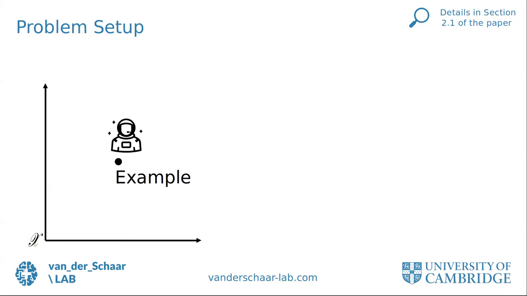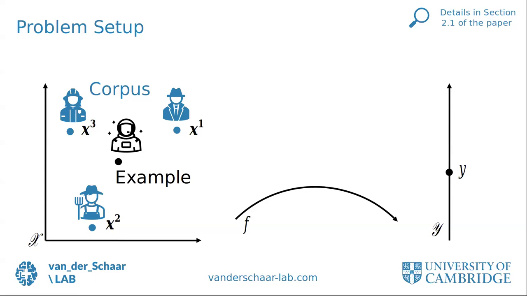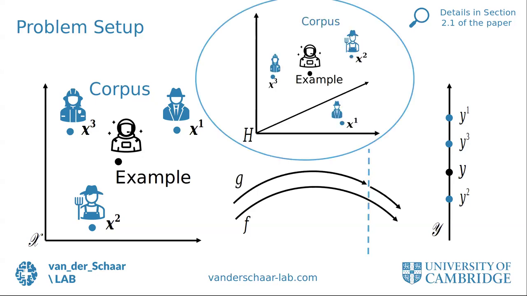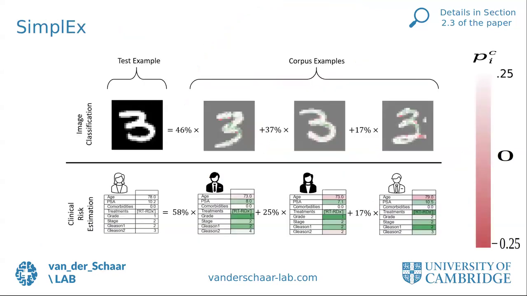So basically, to go over it again, you have an example that exists in some space. You apply a black box model, it produces a prediction Y. We can provide our own corpus of examples that we can also apply our black box model F to get its own predictions. And what we're doing in this case is we're looking at that latent space one step back from the final model prediction, where we can compare our corpus to our individual example in that potentially higher dimensional latent space, and we get outputs like this. And so we can see that